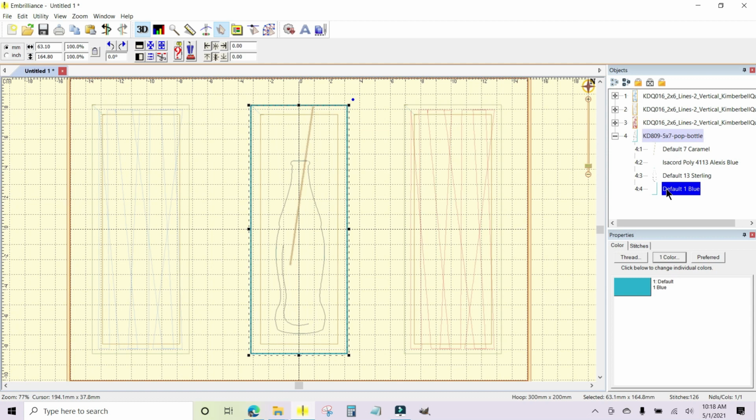Step number 4 is the stitch cut line. You would use this line if you're not doing the background quilting. So this is giving you the cut lines for the bottle itself without background quilting, and you would want to stitch this. Because I'm doing background quilting and you actually are using,